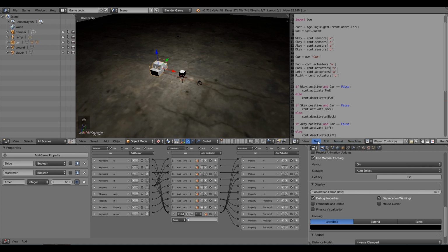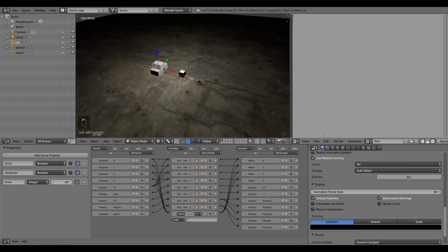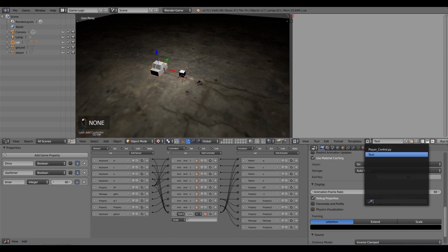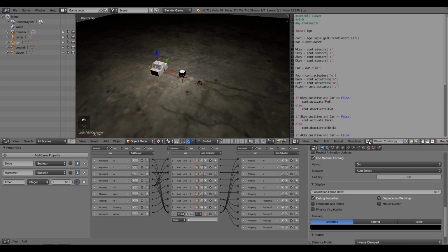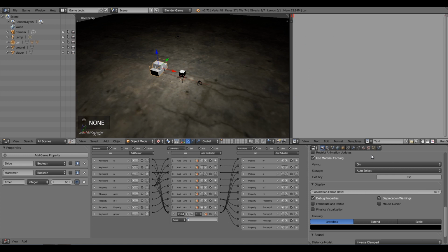So I'm going to go text, create new text block, and then you'll notice it's renamed it text, and all our code has disappeared. But don't worry, you can get that back if you click in here. You can see all our scripts, so we can just click on this one and there is all our code back. Okay, but we want to be on text like that, and then this one we're going to rename. So we're going to call it car control with a capital C underscore control and then .py at the end,